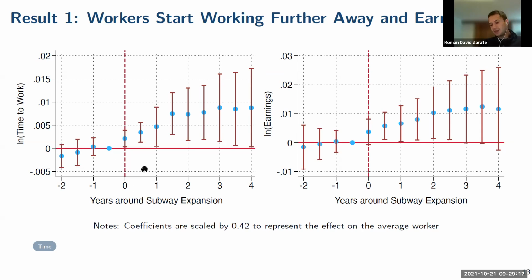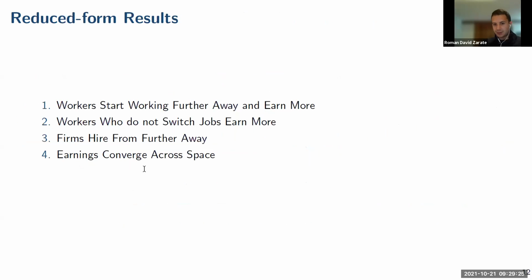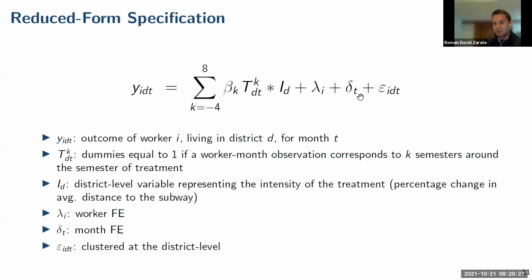And the second thing, related to your point about the trends: we're including the year fixed effect. Here we're including month fixed effects or semester fixed effects, depending on the specification that we run. So we're controlling for trends. And in some of our specifications, we're actually interacting the initial characteristics of the districts with this time fixed effect, so that there are going to be specific trends depending on the initial characteristics of the district. So we are taking care of that.